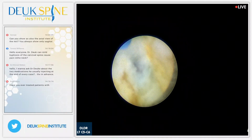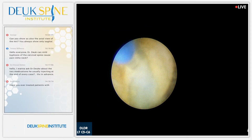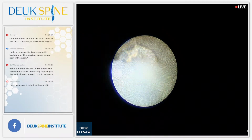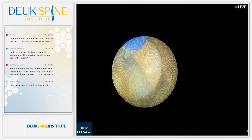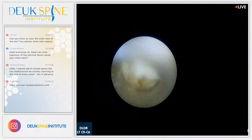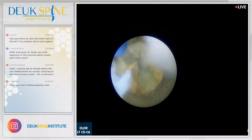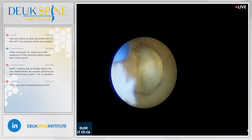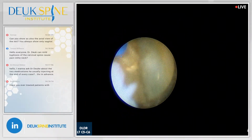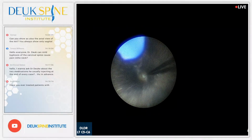Now, the other thing that causes mild kyphosis is muscle spasms. Typically, if you're having pain, your muscles are going to tighten up, like your sternocleidomastoid and your strap muscles, and they're going to put you into a slight mild kyphosis, okay? That doesn't mean you have kyphosis, and certainly not the cause of your pain. Even mild and moderate kyphosis do not cause